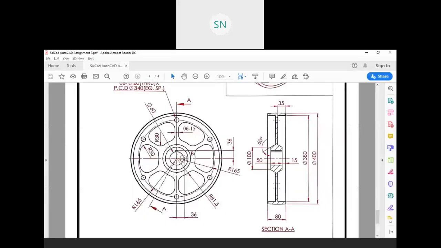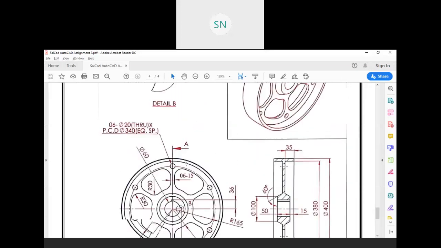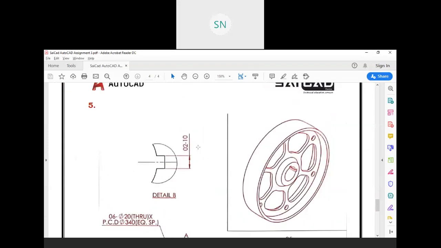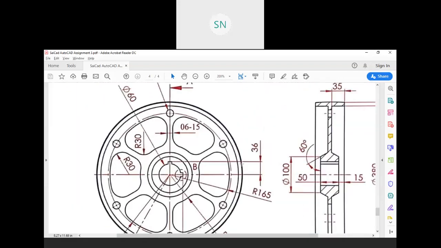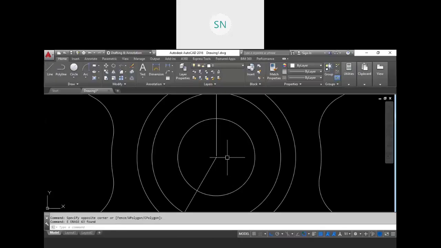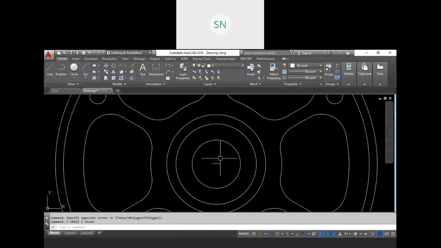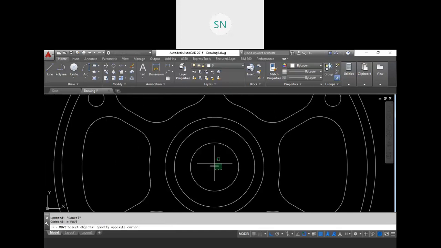And let's have a key slot now. So here we have the key slot detail on the top, that we have a 10 cross 10 key slot and two copies of that, and the gap is 36. Okay, so first of all, create a line with 10 mm. I am just creating over here. Then I will move that from the midpoint to here, at origin. And now move it again on the top side 36 mm.